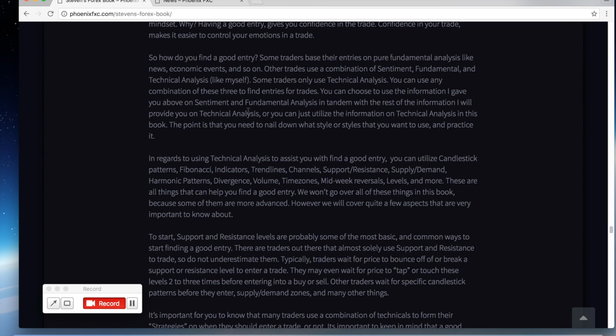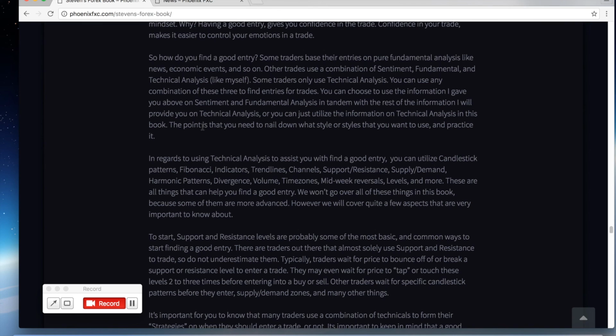But news is a big thing that you need to be taking into account of your entries and your existing trades for sure. Some traders use sentiment analysis. I use it. Market psychology of traders, institutions, stuff like that. You can even get into a little bit of the market maker method with psychology. And then technical analysis, obviously, we're going to go over a lot of technical analysis because it's one of the